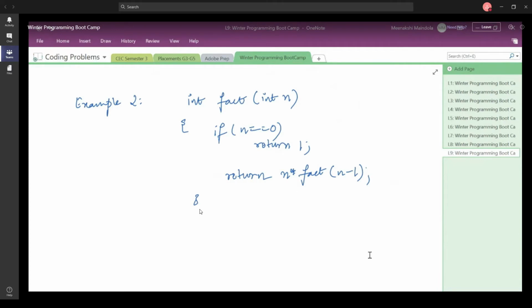Sorry. So I have written down this piece of code where you have this recursive function. We have the factorial recursive function, which is going to take as an argument int n, an integer, and then it is going to perform certain operations. If n is equal to 0, it is going to return 1. Otherwise, it is going to return n into factorial of n minus 1, right? So can anyone tell me what is going to be the time complexity in this case?